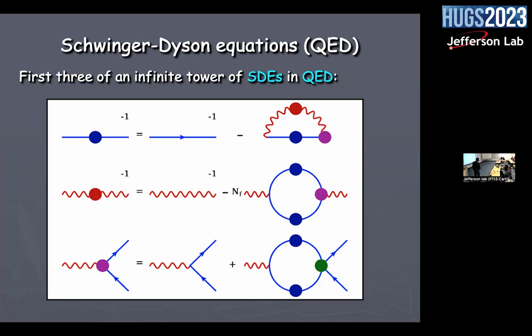This is the equation you will derive for the photon propagator. Of course, when there are fermion loops present, you can always put a number of flavors here, so you can have different fermions. Then there is an equation for the vertex as well. And this is where I wanted to draw your attention: it's the bare vertex plus this, and here there are propagators involved. This is the same propagator for which the equation is here. And then there is